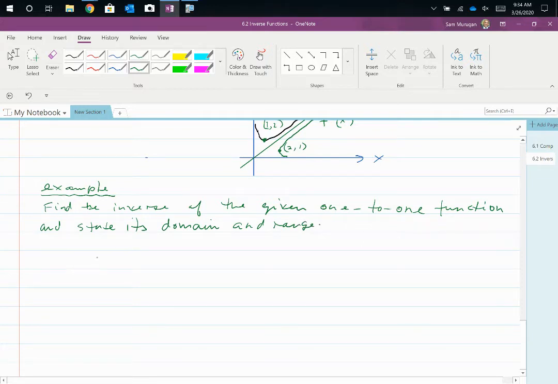That given function is f of x is equal to a set of numbers, say (-10, 0),